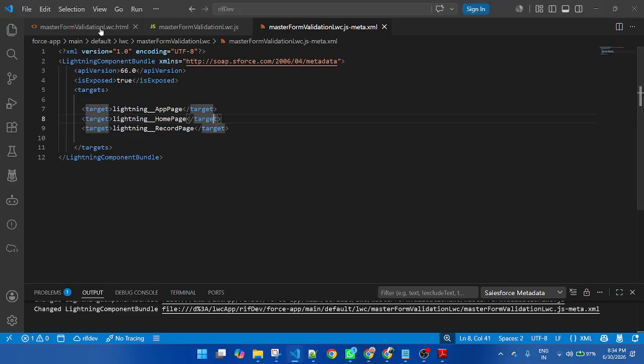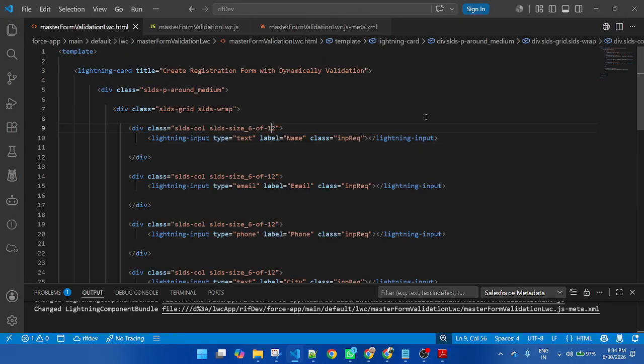Go to HTML. Here apply slds-p-horizontal_medium and slds-p-bottom_medium.